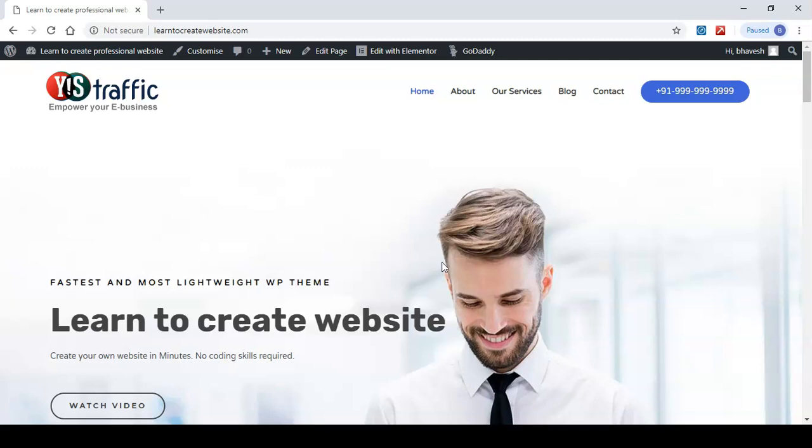So now you know how you can launch your website by getting domain and hosting, installing WordPress, installing theme and plugins, importing the demo content, editing the page content, and managing the pages and menu section. So just pick up a domain which represents your brand or service and start building your website.